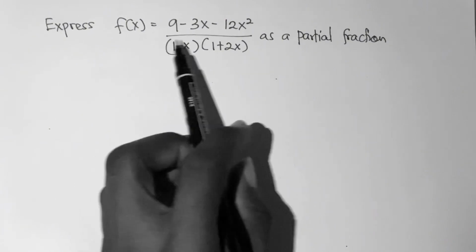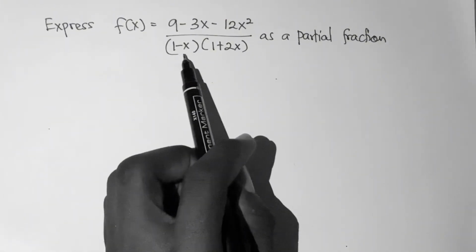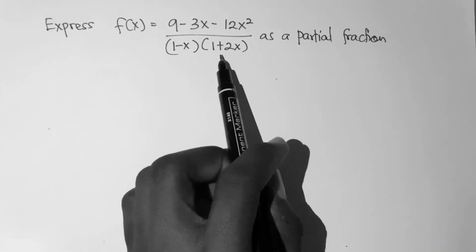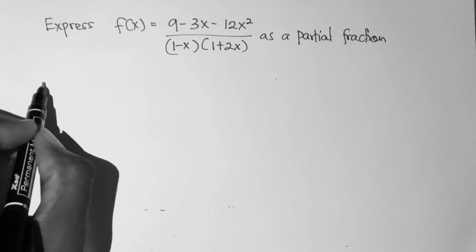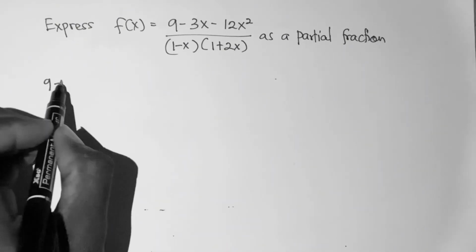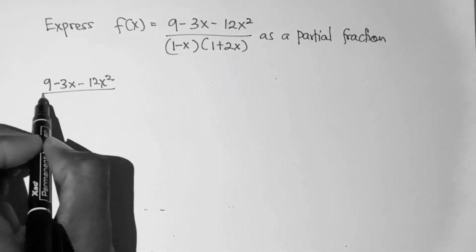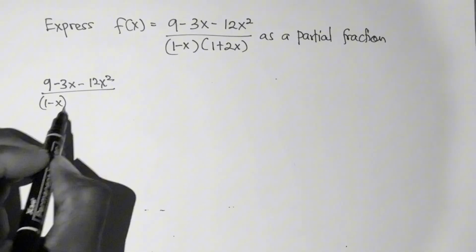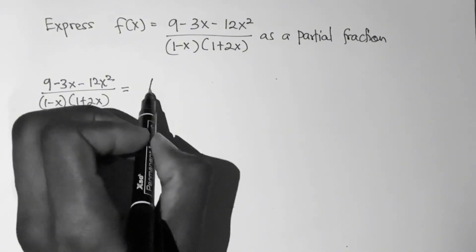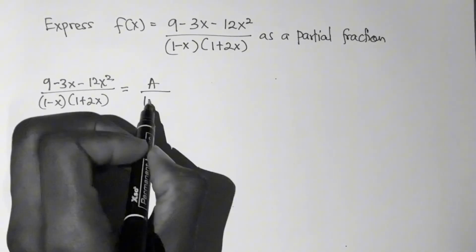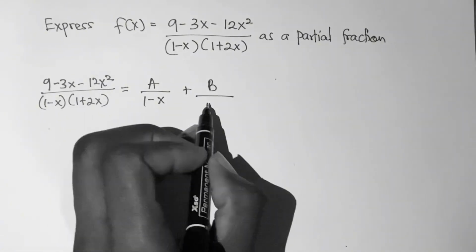Express f of x equals 9 minus 3x minus 12x squared divided by bracket 1 minus x times bracket 1 plus 2x as a partial fraction. So now, let's rewrite this as 9 minus 3x minus 12x squared divided by 1 minus x times 1 plus 2x. This can be rewritten as a divided by 1 minus x and plus b divided by, sorry,